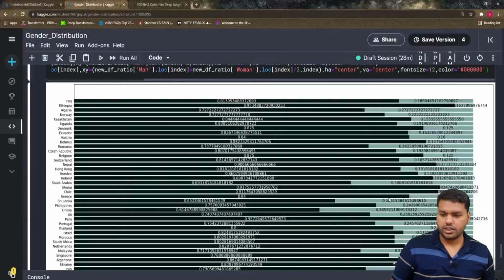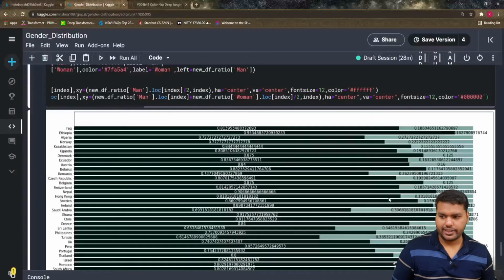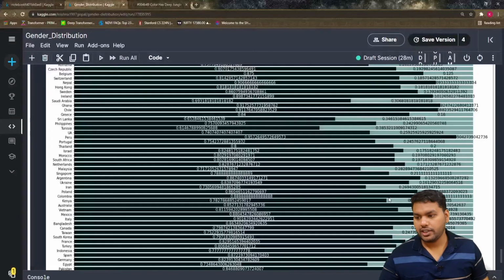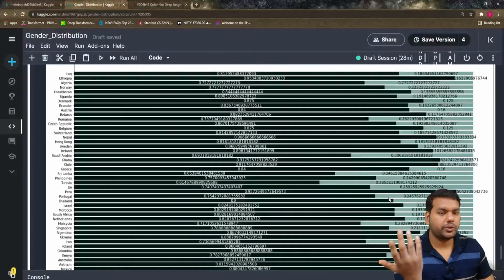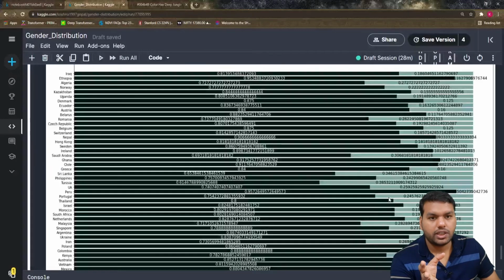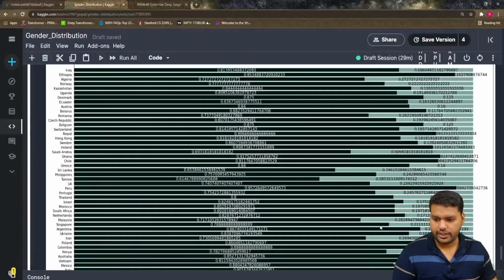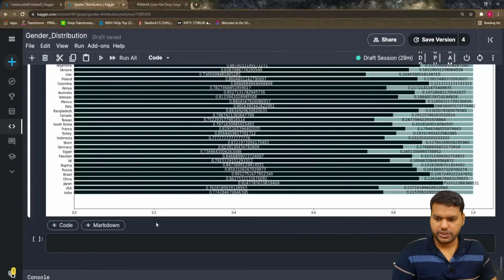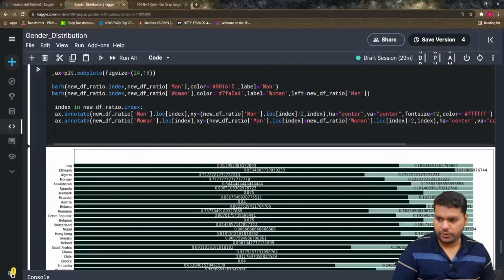So this is our bar chart, which looks very complex, and we have to reduce it because we can't analyze all the countries in one glance. So first I'm going to look at the top 10 countries only, and we have to define the label, give the legend, and define the title. These are the things we have to do, and let's see how we do them. And we have to remove these x ticks also, so keep in mind how we do it now.